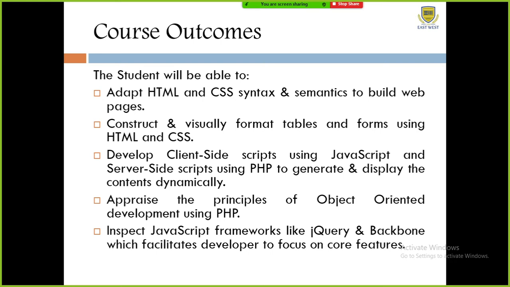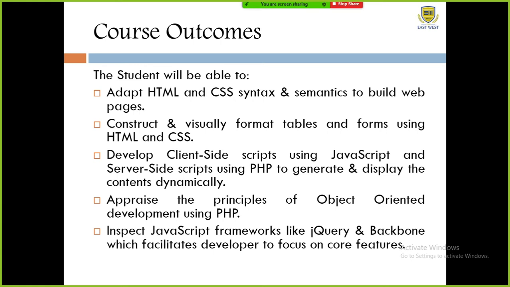Second, the student will be able to construct and visually format tables and forms using HTML and CSS. Third, the student will be able to develop client side scripts using JavaScript and server side scripts using PHP to generate and display the contents dynamically.